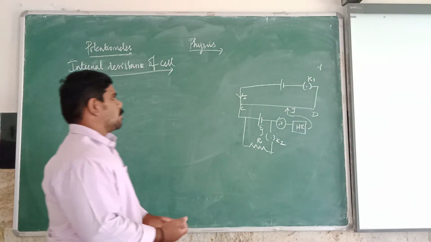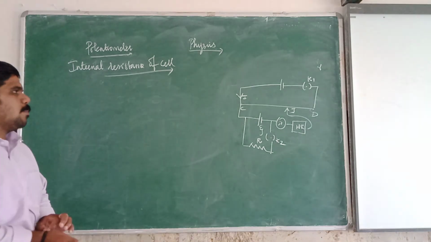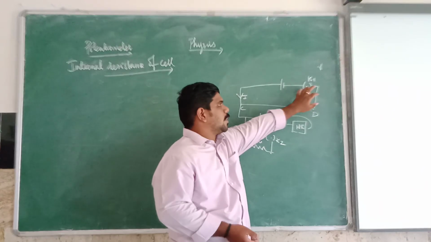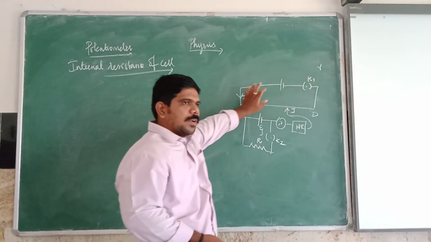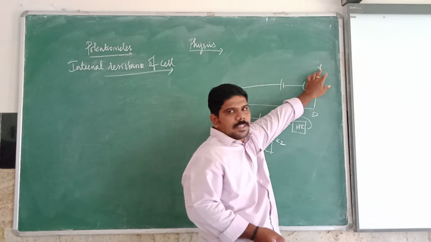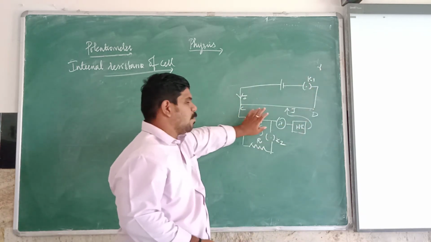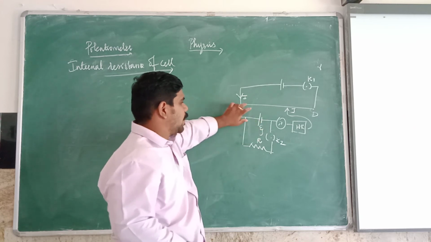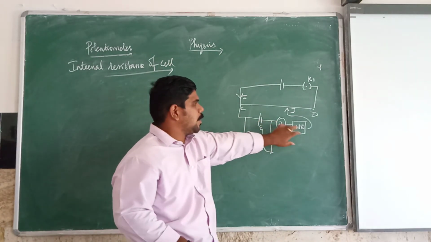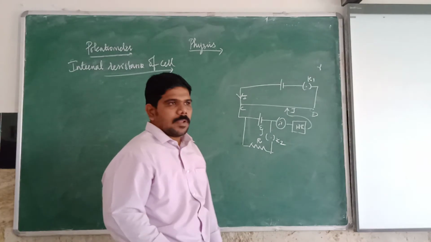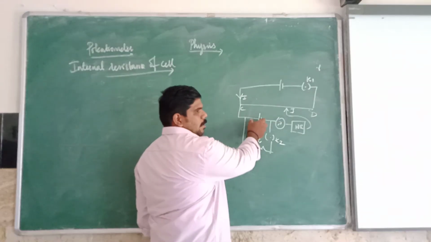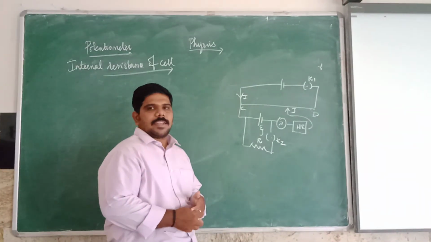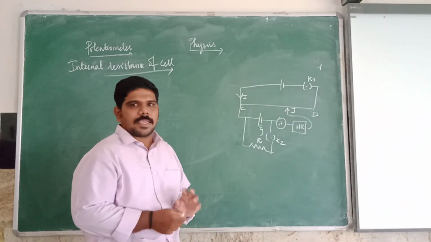So what is the construction part here? The positive of the battery will be connected to C and the negative terminal of the battery will be connected to D along with the key K1. I is the current flowing in the circuit, r is the resistance per unit length of the wire. Now, the EMF of a cell whose internal resistance we are going to determine has its positive terminal connected to C and its negative terminal connected through a high resistance and a jockey. Now, a resistance R is connected across the EMF of the cell along with the key K2.